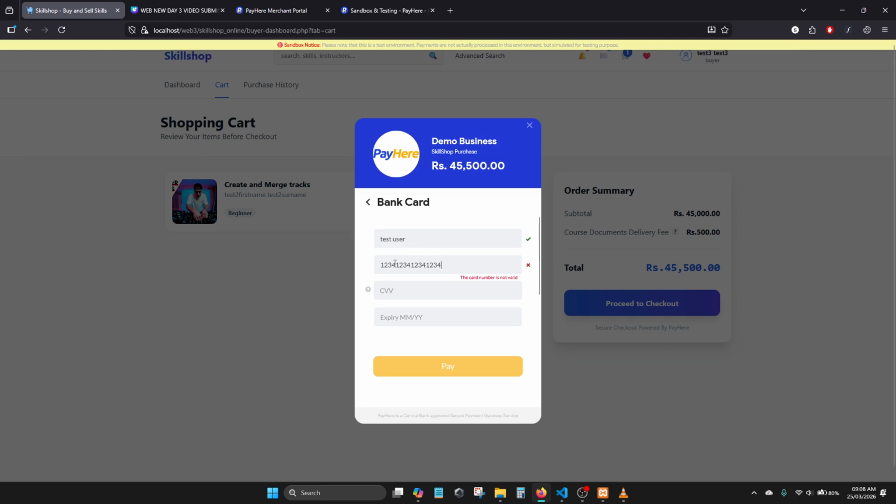So as you know, there are 4 digits, so 16 total. So we'll do 1 2 3, and then we'll mess up the date as well. We'll just put 0923. So as you can see, these are not valid. So we'll get 928. Card now is not valid. I believe it's 4